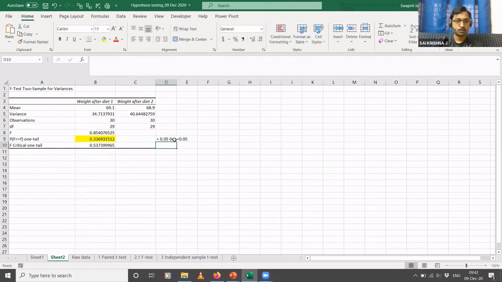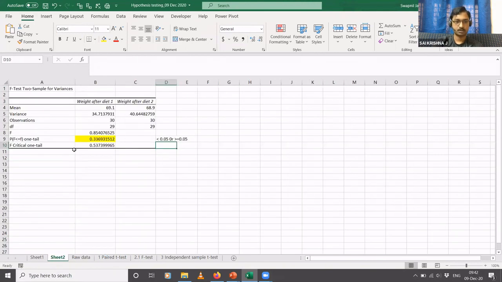Here 0.33 is greater than or equal to 0.05, which basically means you accept your null hypothesis, or you do not reject your null hypothesis, which means that the variances that you observe are equal.